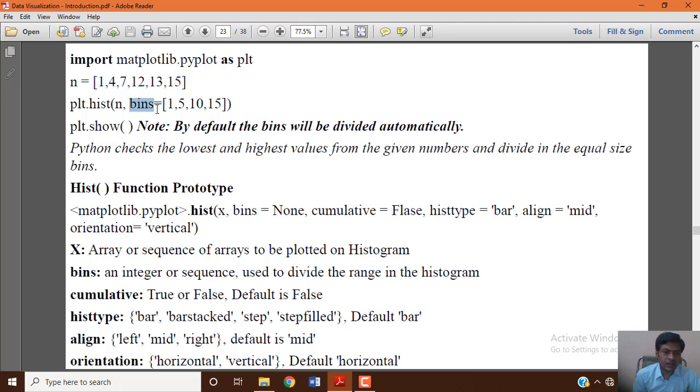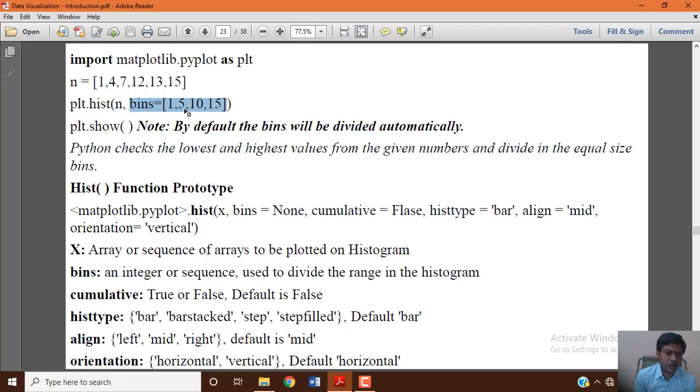I already told you that for the data set we give as input, the lowest and highest values are taken and divided into equal subgroups by default. If you want to use your own subgroups, yes, you can do that. The concept of dividing numbers into ranges of values, groups, is what we call bins.